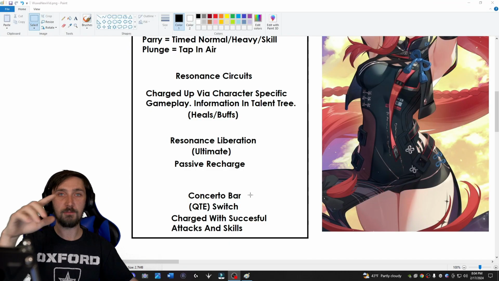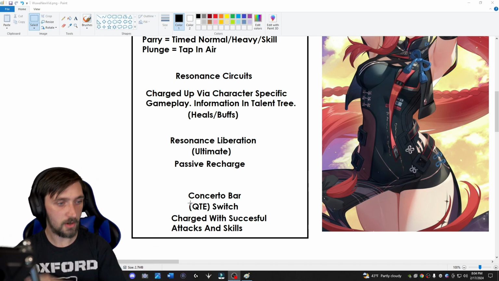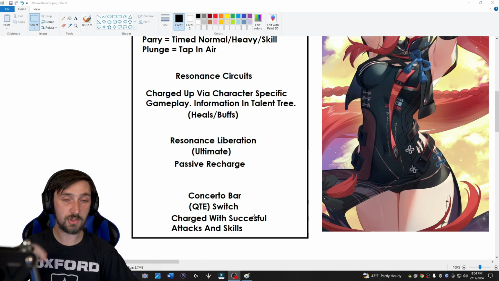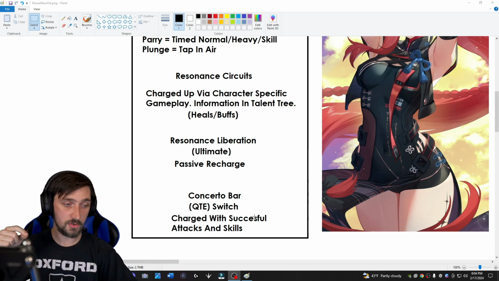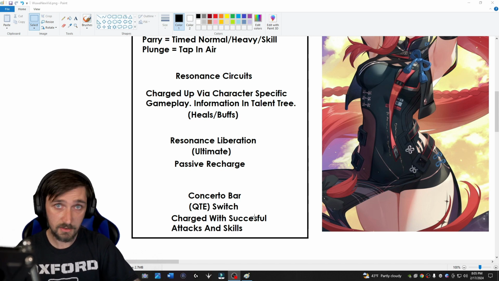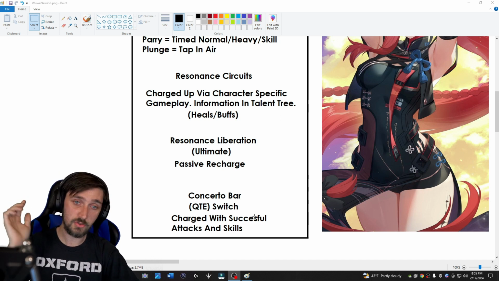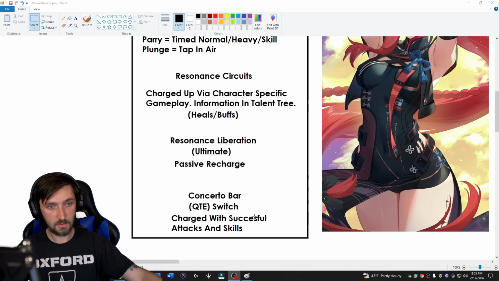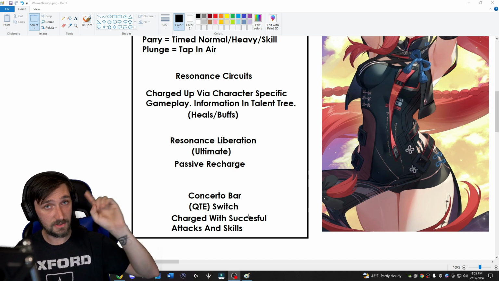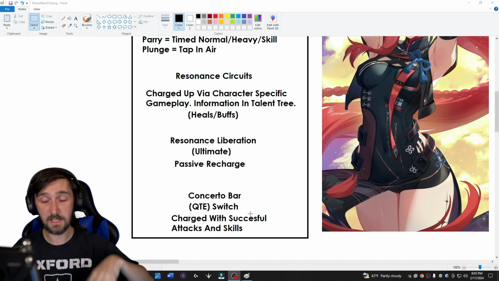You fill up the bar, switch is essentially, right? So the Concerto bar is a QTE system, which allows you to swap characters. The way you charge up your Concerto bar is to land successful attacks and skills, and you will charge up your Concerto bar. That is super, super important. So now that we've covered the basics, your normal attacks, your resonance circuit, your ultimates, and then the Concerto bar, we can now move on